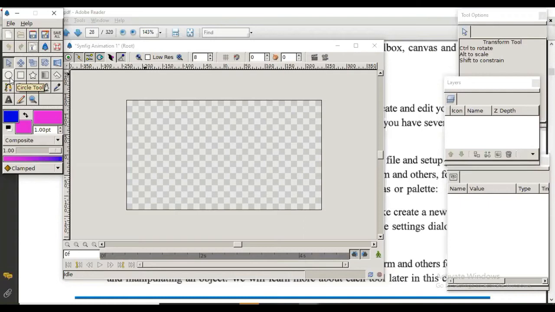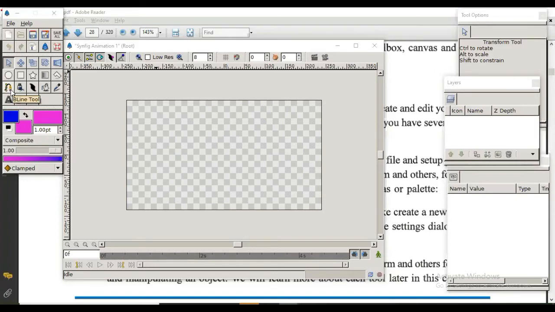This is circle tool to create circle or oval shape. This is rectangle tool to create square or rectangle. Star tool for star shape. This is gradient tool for giving gradient effect. This is polygon tool to create a customized shape of any number of sides. This is beeline tool.